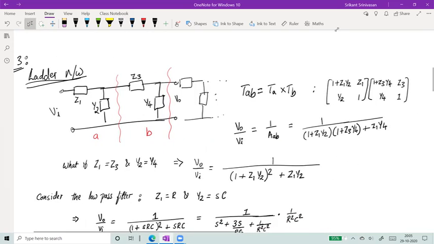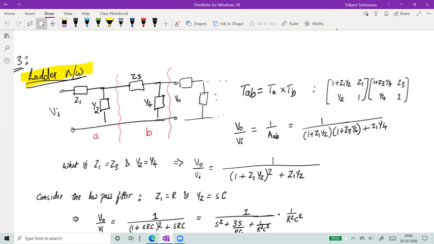We then talked about the ladder network. This term refers to a special kind of structure where you keep repeating the components. So you can have the same Z1 Y2 over here, then it's repeated, and then there is Z3 Y4 and so forth. You can just keep adding more and more sections. The beauty of the transmission parameters is that once you calculate the matrix for any one section, you just have to multiply it with the matrix of the second section to get the output. What I mean is the transmission matrix TAB, which represents section A and section B together.